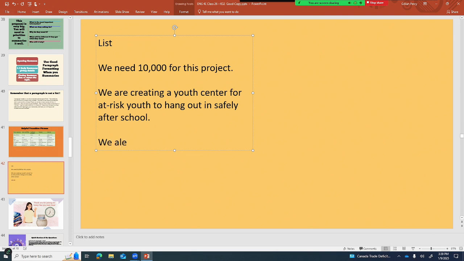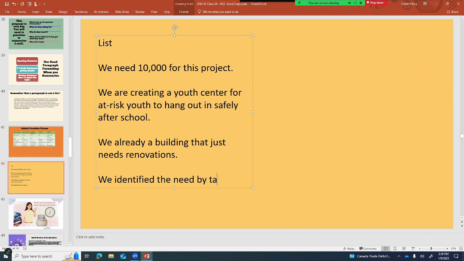We already have a building that just needs renovations. Let's see, we identified the need by talking to parents, youth, community members. All right, I've got 4 there instead of 5.